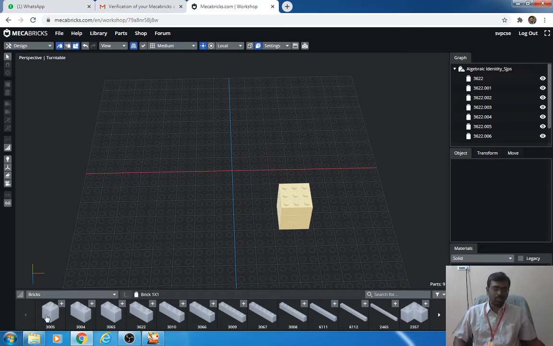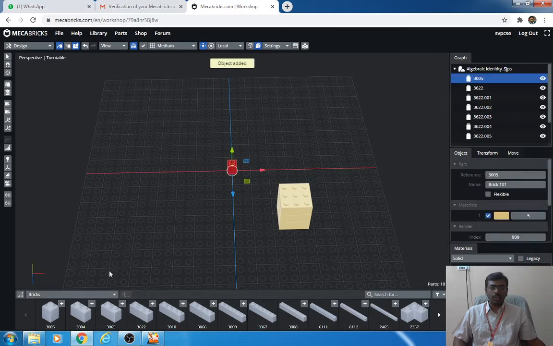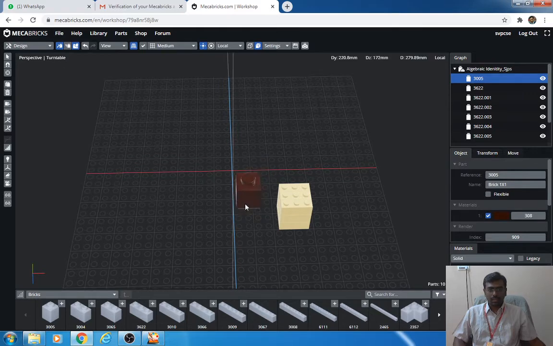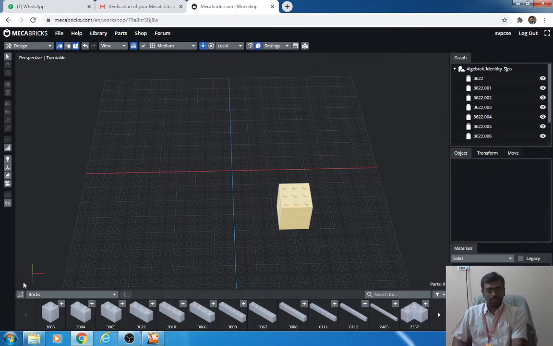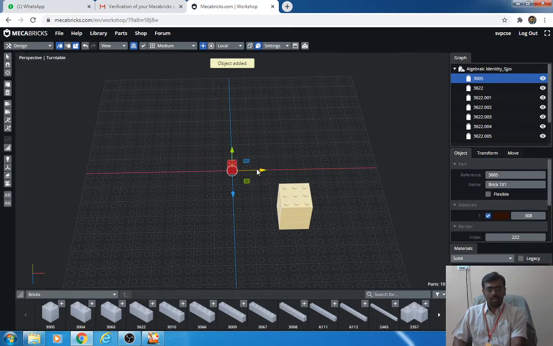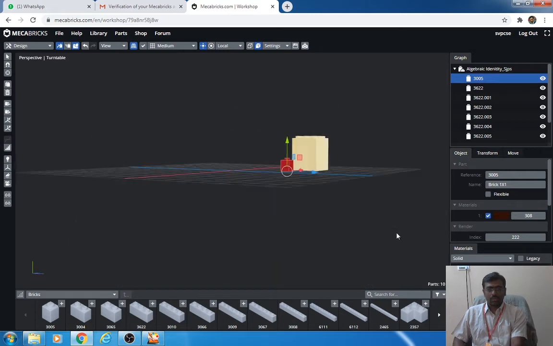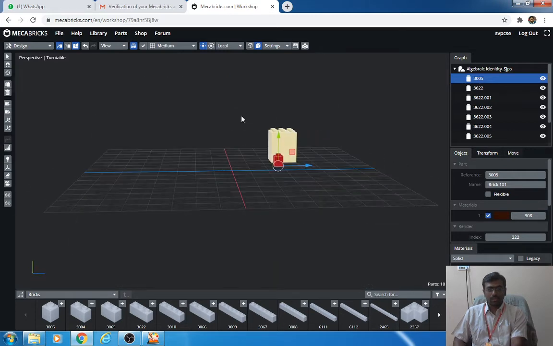Just place the 1 cross 1 cube. Say, for example, let it be dark chocolate brown. Again you have to drag this. This one I have made in a different way. Just click once again and you can drag this particular thing. If you see this, you can see the differentiation.